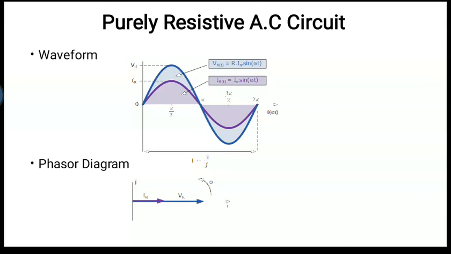Okay, what is the phase difference in the purely resistive circuit? 0. I hope if you have gone through my previous lecture, you know what you mean by phase difference, right? So you can see here, voltage and current, voltage is of blue color and current is of purple color. Both are starting from 0 and ending at the same point, that is 2 pi, right? So that means they are in phase, right? The phase difference is 0.